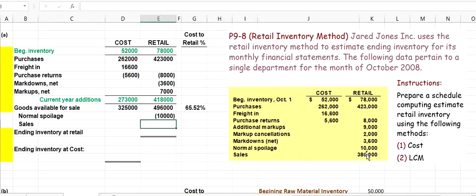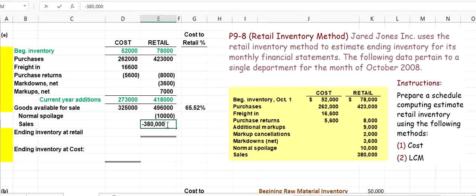Then we made sales also. Now if you are making a sale, is it increasing your inventory or decreasing your inventory? It is decreasing my inventory actually. So if it is decreasing my inventory, then I will take this sales as minus. Remember this in mind, that we are not working on the income statement here, we are just working on the inventory here, and the decision of minus and plus is based on what's happening with the inventory.